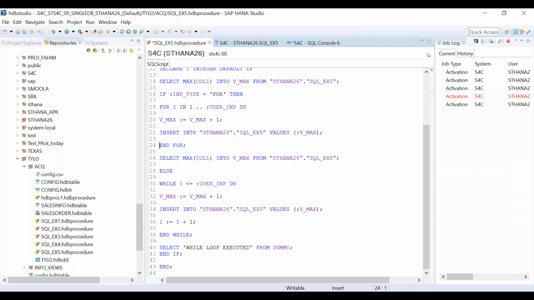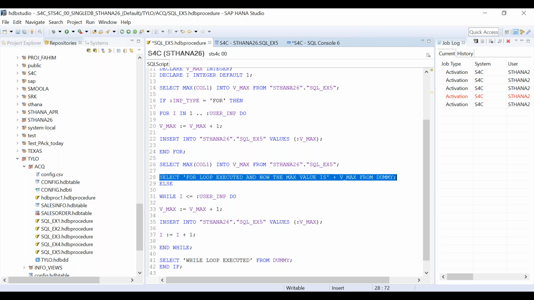Okay. So what we will do, this is loop executed V underscore max. And here also we will write 'and the max value is' V underscore max.